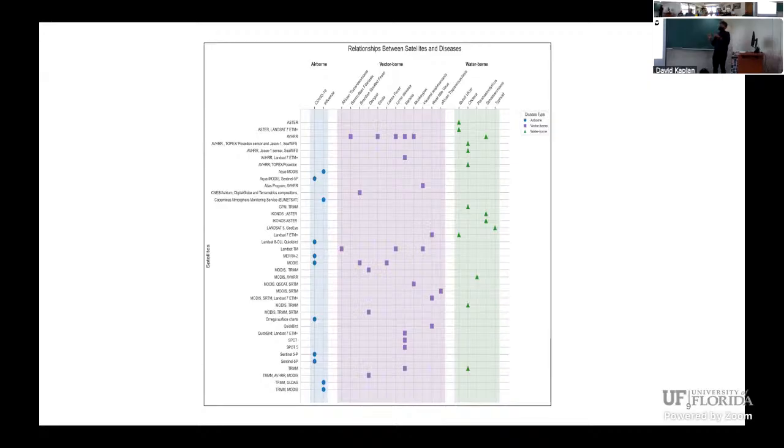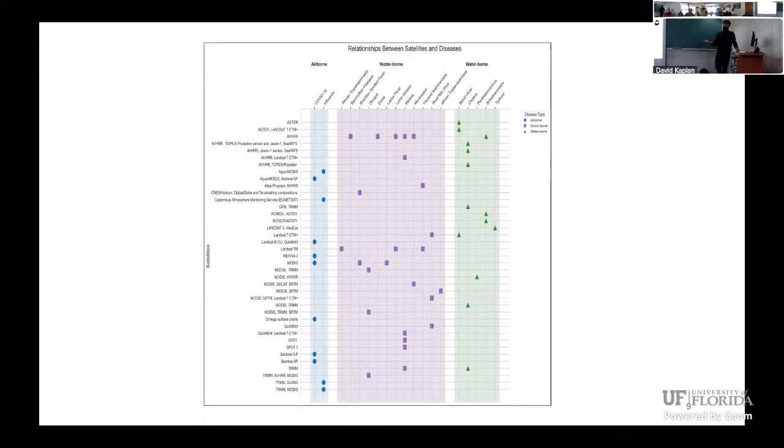And this picture further enhances the vision. If you just have a look at, let's say, malaria and vector-borne disease, there are multiple sensors that have been used to focus on that region, focus on that disease. The thing is, a major limitation of satellite data is that it cannot detect the pathogens because they are of microscale, nanoscale, right? We cannot even see them with the naked eye.